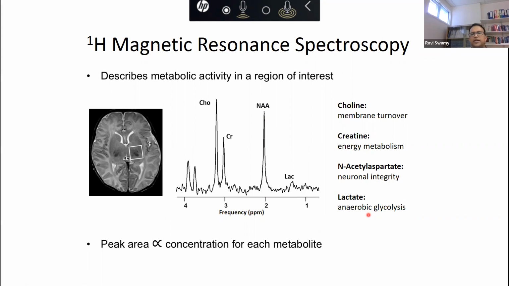And you look for lactate levels. Lactate will rise with anaerobic glycolysis. So hypoxia means there will be anaerobic metabolism, and as a result, the lactate level will increase. So the normal is NAA is tall, lactate is low. If you see them reversing, lactate is high, NAA is low, that is a good marker for you